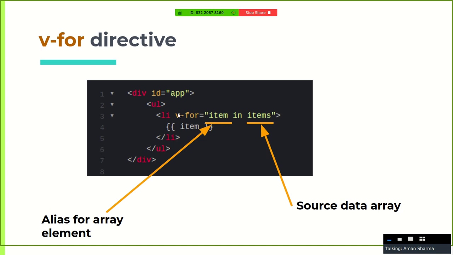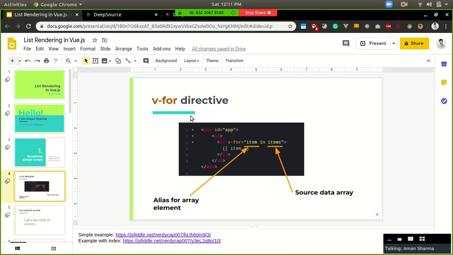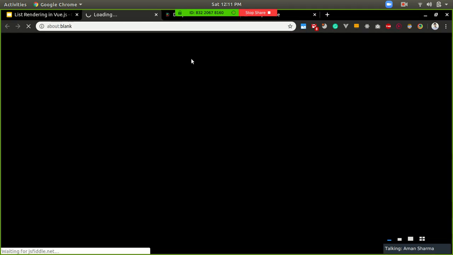What this v-for will do is repeat the li element as many times as there are items in the items array, and it will render all of those in the DOM. As simple as that. And just a simple example over here as well.